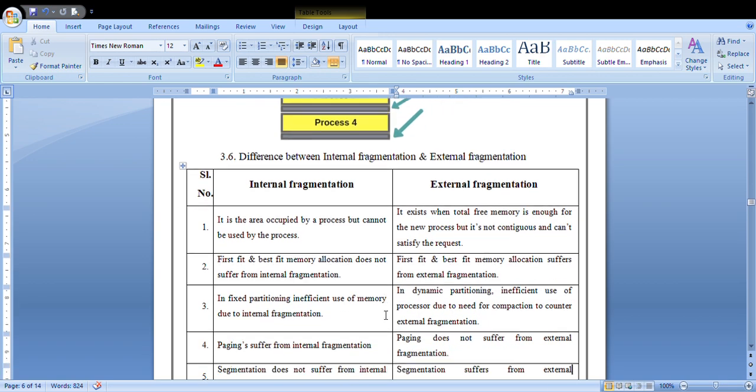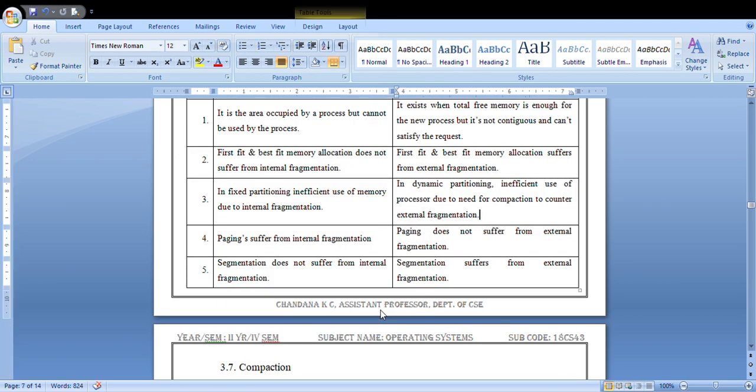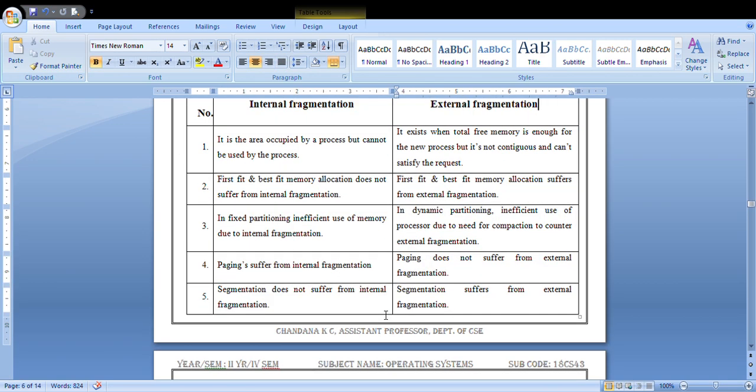There are a few differences between internal fragmentation and external fragmentation. In internal fragmentation, it is the area occupied by a process but which cannot be used by the process. In external fragmentation, it exists when the total free memory is enough for the new process, but it is not contiguous and cannot satisfy the request.